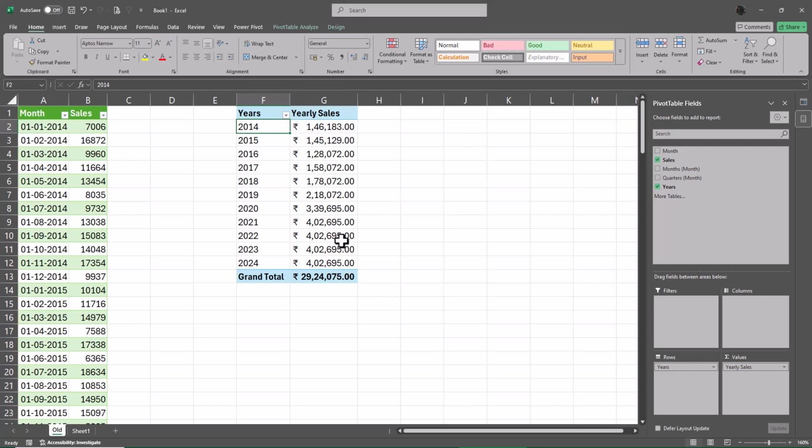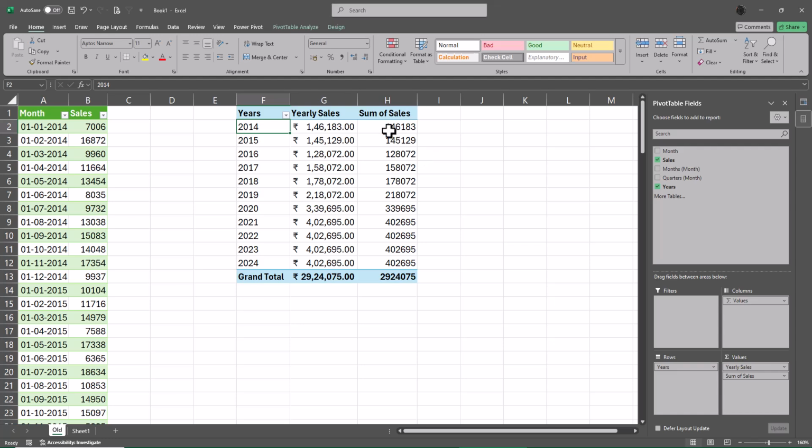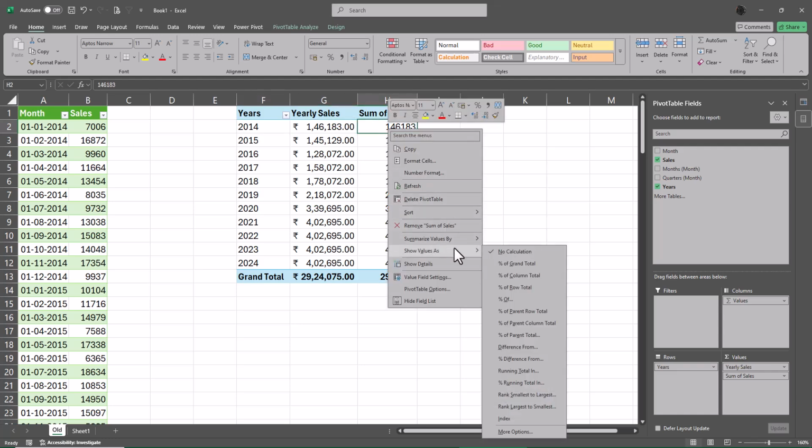Again, I hadn't changed any dates in the last one because I just created this in front of you, so all data comes in this place. Now I can make this data even better. Yesterday we used one point, I want to find out the percentage grand total, drag the years again. Sorry about that, I dragged the year here. I'm going to drag the sales here, give a right click, and then show the value as column total